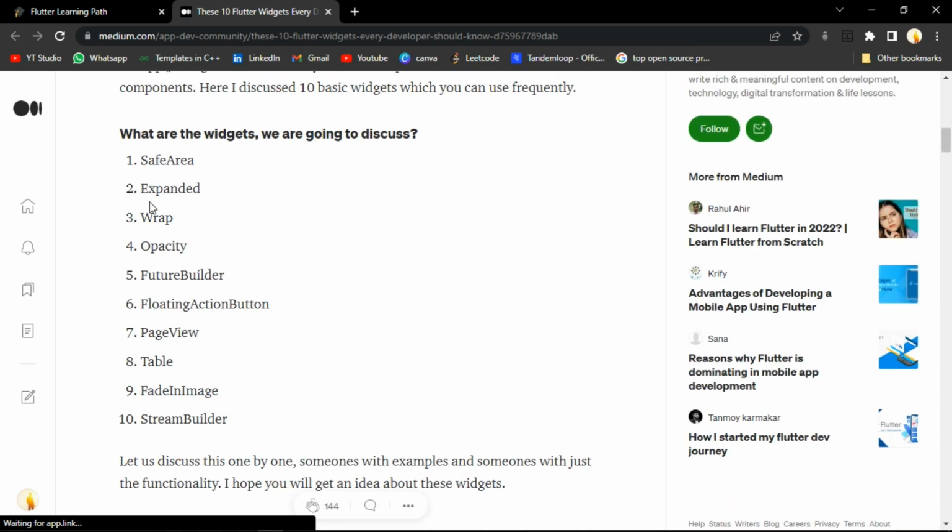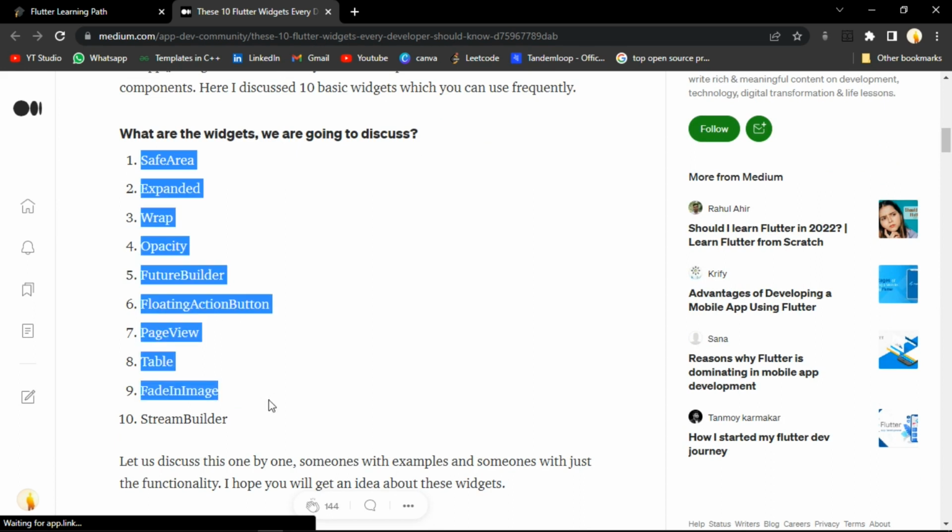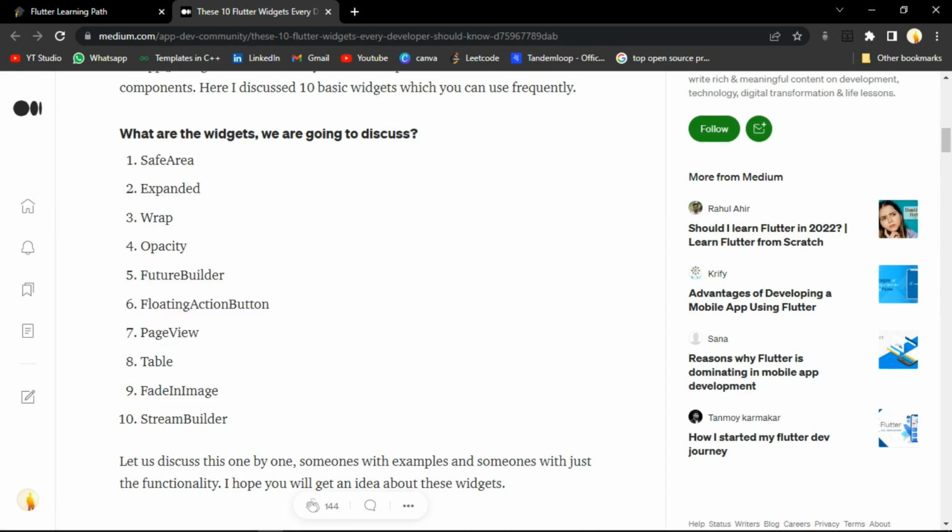For example, safe area. These are the 10 widgets that we are going to study. So here's safe area. We have already studied safe areas, expanded, wrap, and now we will